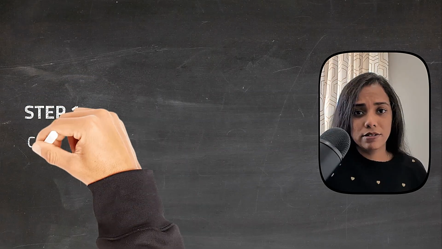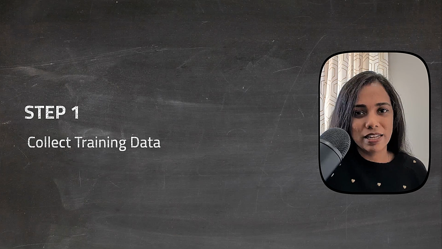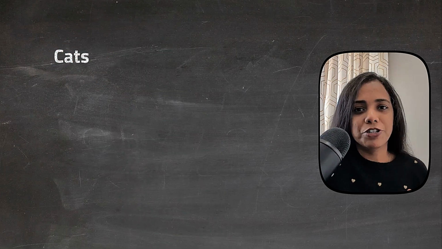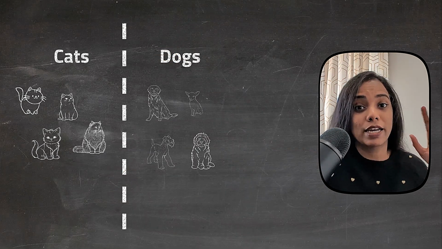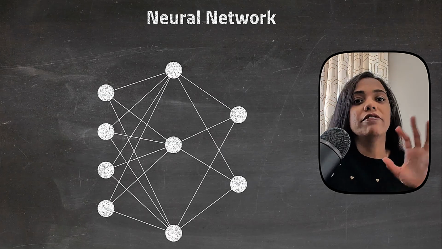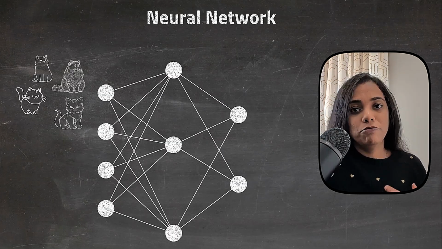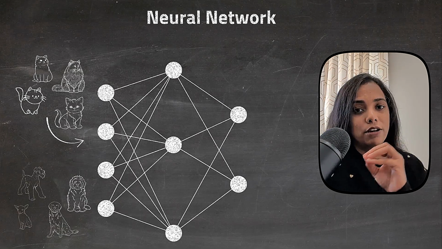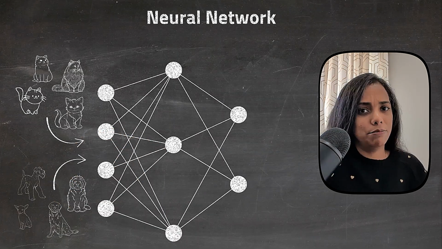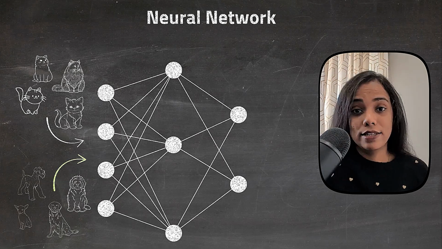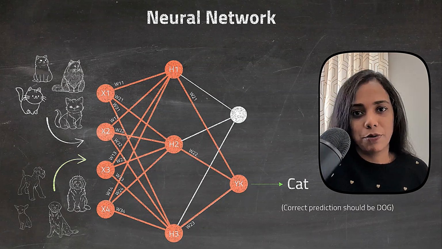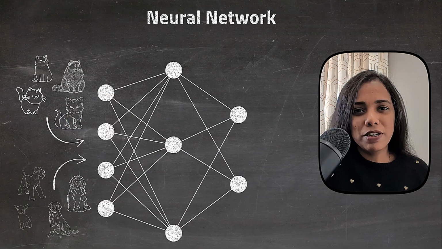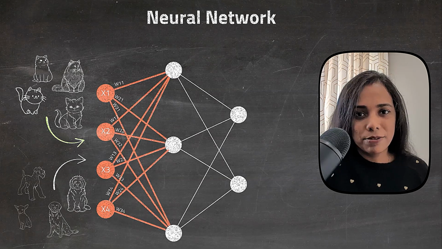So the first step is, of course, to collect a ton of data. Let's say thousands of images, let's say of cats and dogs. So you label thousands of images as either being a cat image or a dog image, and then you give this to the neural network. So you tell the neural network that here are a few images and here are the predictions that you should ideally be making. So the neural network looks at this data and starts with a random initialization of the model parameter values. It's of course going to be making a ton of mispredictions because it has started with random numbers.